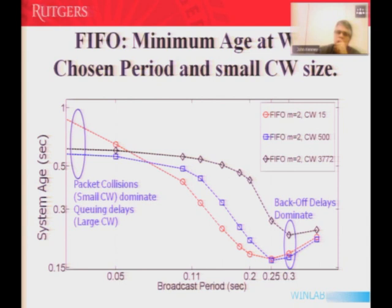Now these delays also reduce because, over a period of time, system age, as you go to the right, is more affected by the period of broadcast. The period is becoming so large and the rate at which you're broadcasting is becoming smaller and smaller, that's the major factor as far as system age is concerned. So everything else becomes very small in comparison. So these curves basically merge as you go to the right. Okay, so